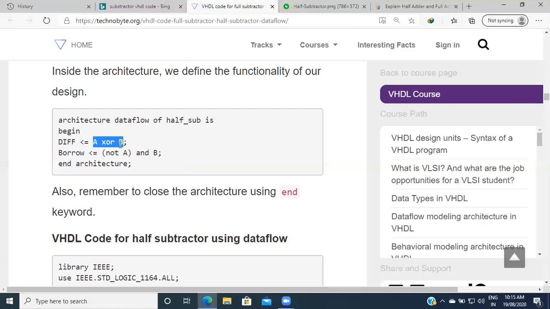And if both values are different at the time, the output, in that XOR operation,